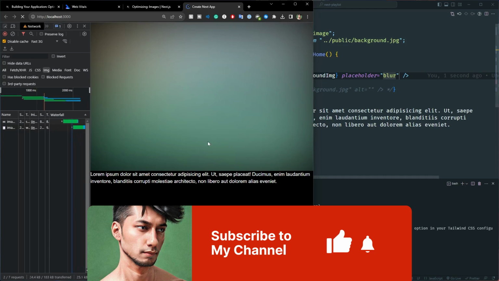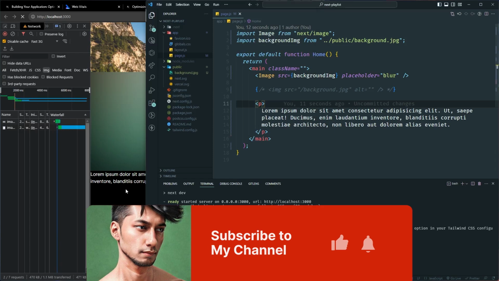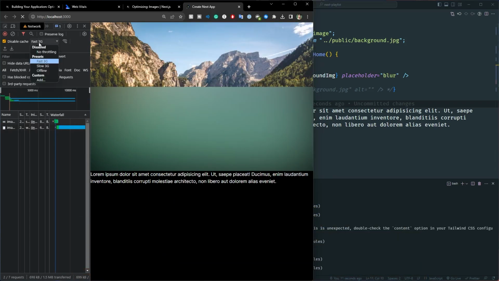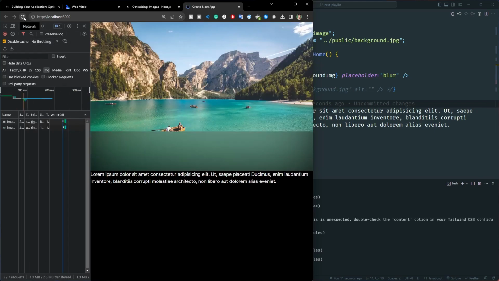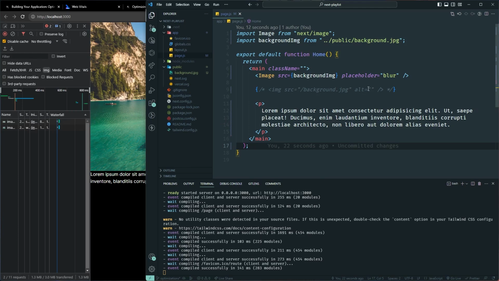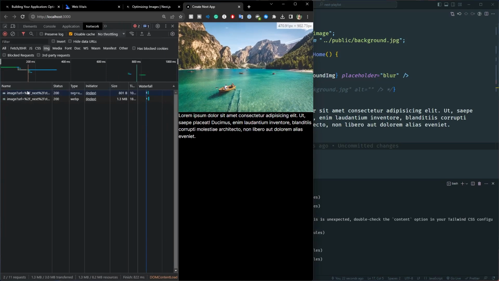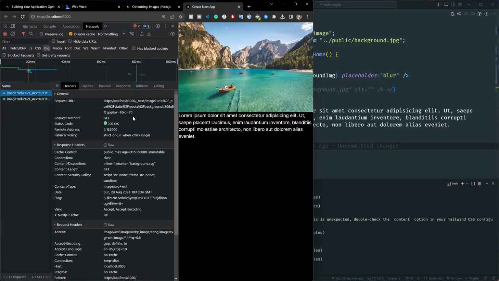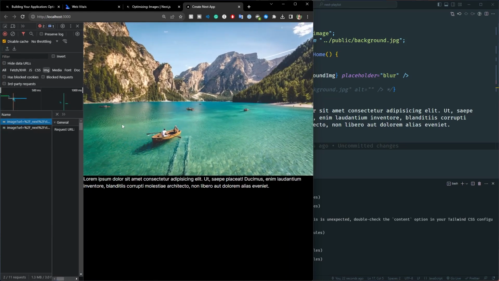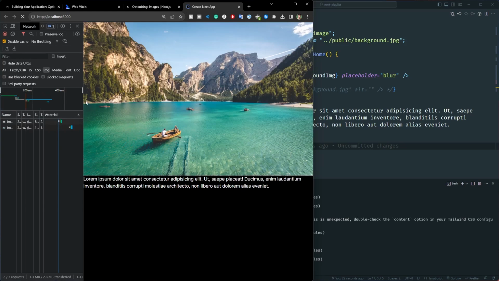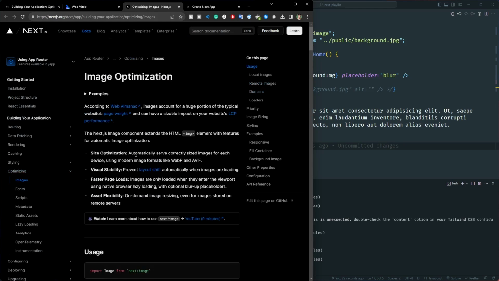So blur will give us a blur thumbnail, and then it will load the image, which is really nice. I think it does a great job on that part. With no throttling, you can see the blur is there for a second, which is really hands-on. And one thing I also want to make sure, because of the blur, they have an SVG generated for you. That's the blur SVG that stays beneath the image before it loads. And one thing to go back to is that they have automatically